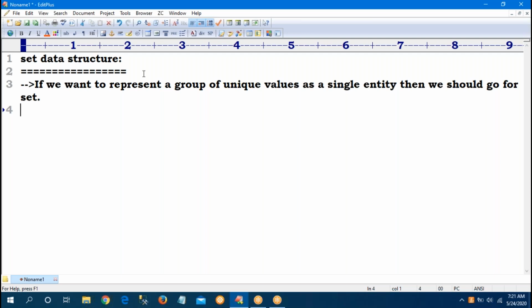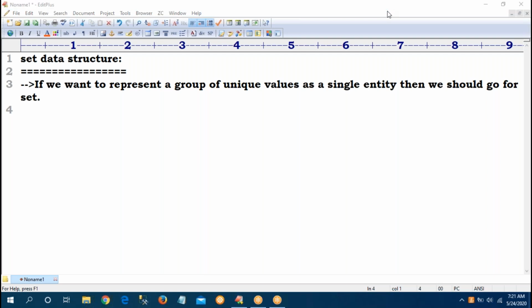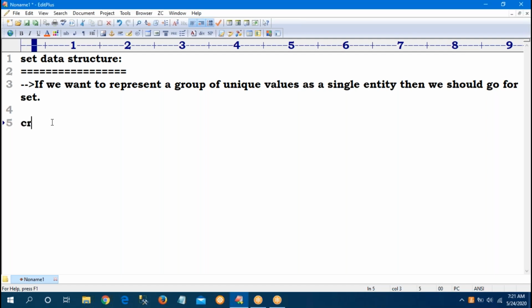Now, how to create a set object? With curly braces, we can create it. S equal to curly braces.